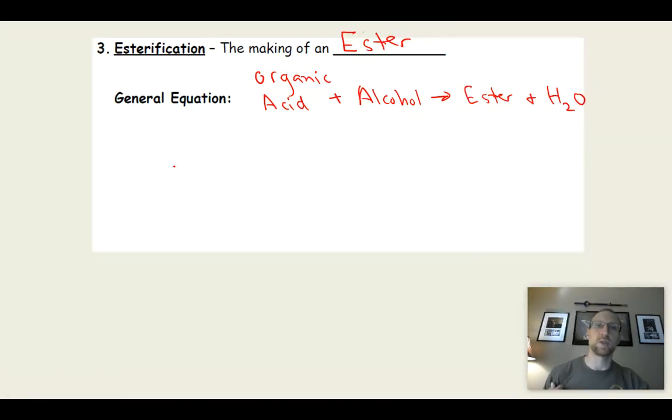So it's always the same thing. All that's going to change is the organic acid and the alcohol that you're using, and that's going to make a different ester. So these processes are important because remember we talked about esters earlier on, and those are used a lot in flavoring and fragrances. So these are manufactured in factories. So esterification process is done all the time when you're making perfumes, scented candles, soaps, all that kind of stuff, where we're making